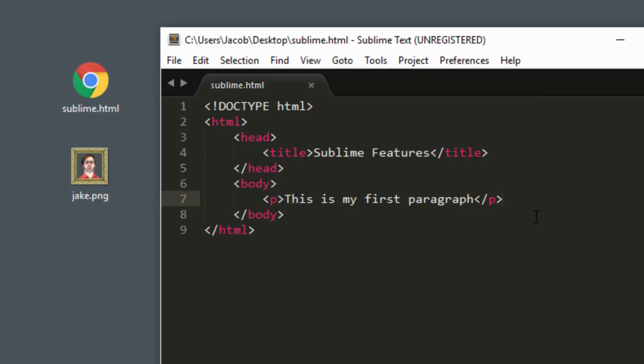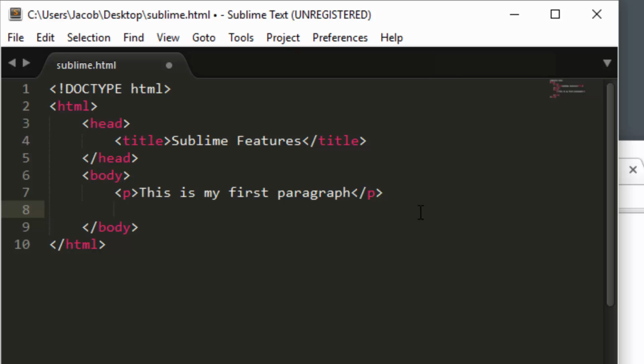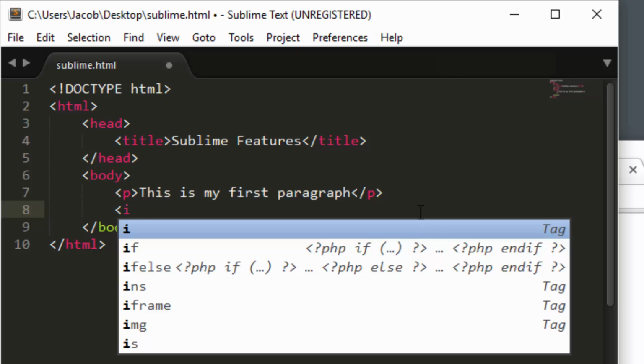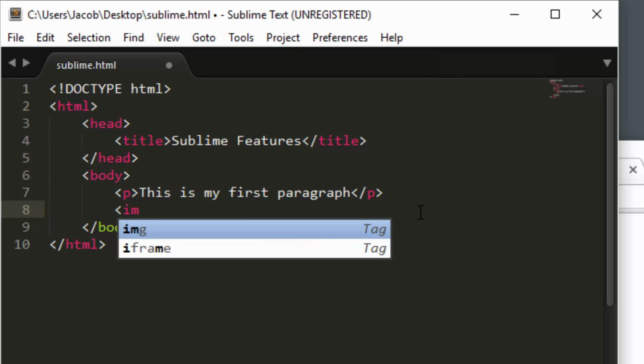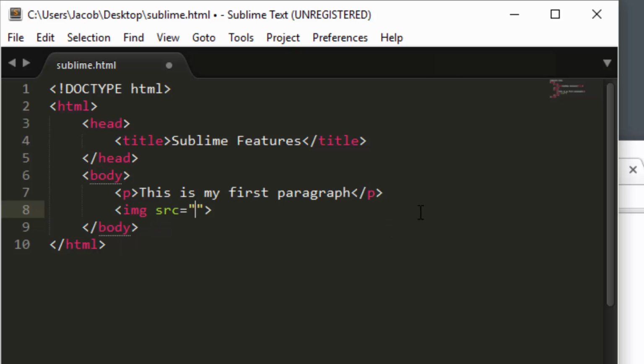Use the img tag to create an image. Because of autocomplete, as soon as I press the left angle bracket and then press I, a list of several options that begin with I appear. I don't want the I for italic tag, so I'm going to keep typing. After I press M, the list of options becomes shorter. I can see that the top tag is now what I want, the img tag. So now when I press Tab, it actually finishes the code for the img tag.